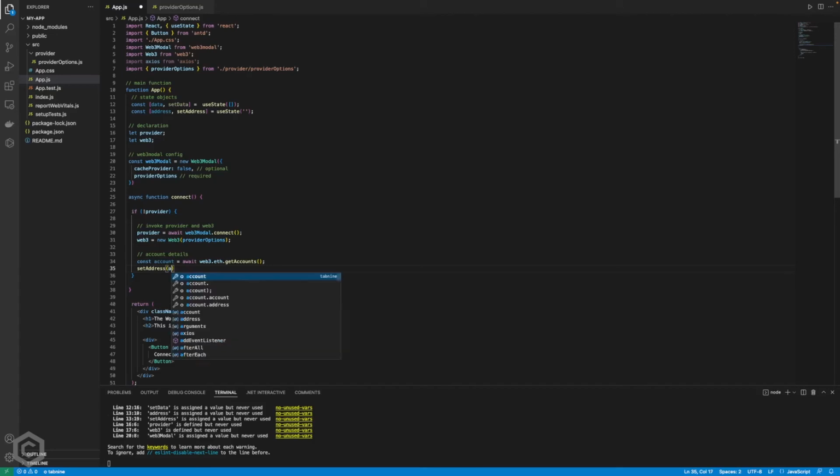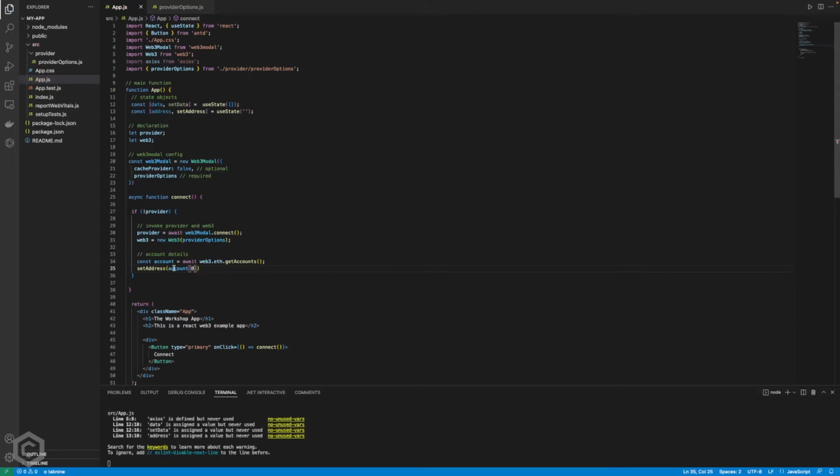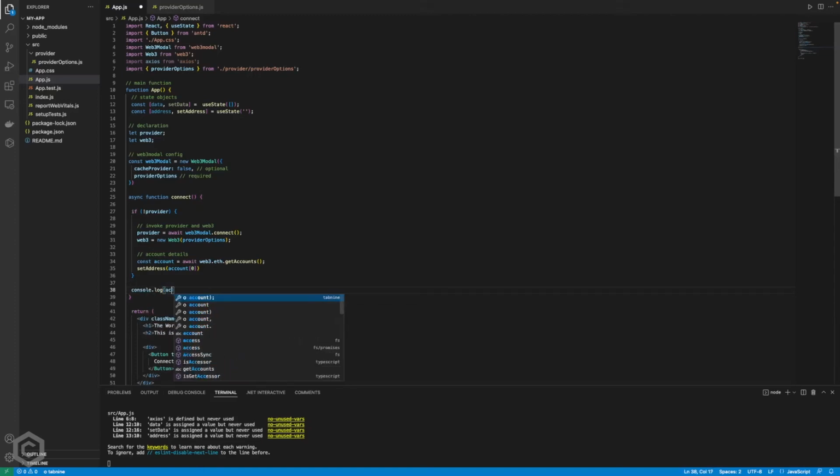Now we want to set the address, because what this does is it returns the accounts that are assigned to our provider, and we're gonna use the account that's assigned as index 0. And what will happen now is if I log the address,